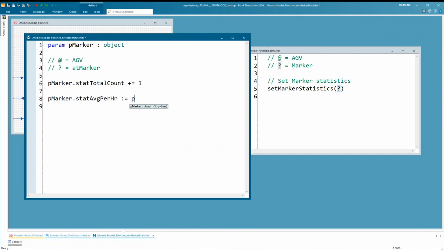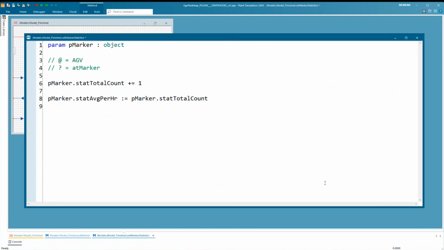And that will be my total count divided by the time that the simulation has run so far. You can get the time from the event controller by creating the sim time argument that gives you the total time that the simulation has been running.